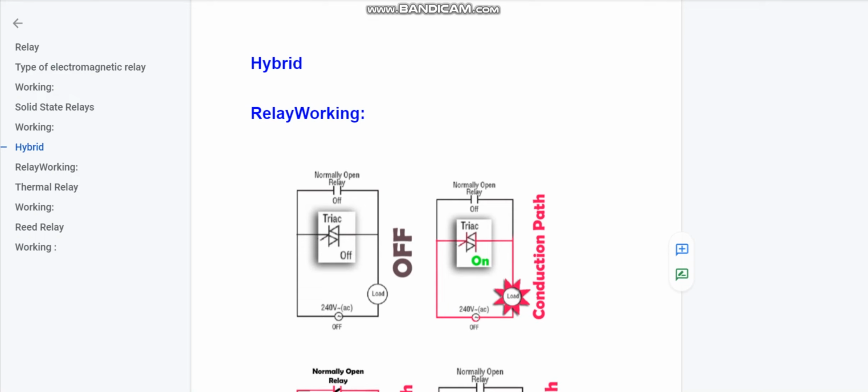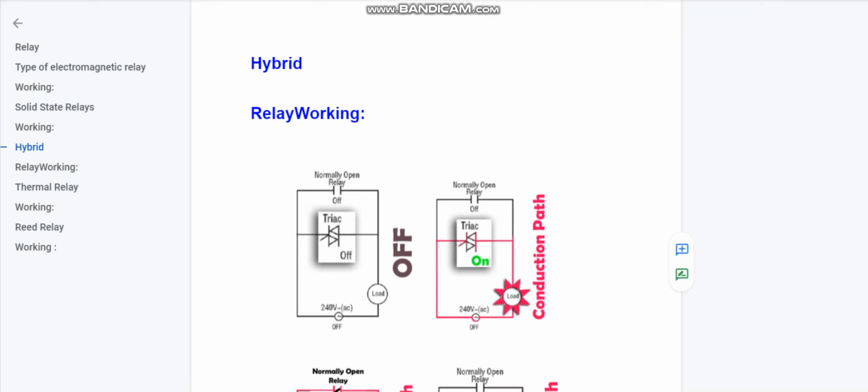But when we dig deeper, we come to know that electromechanical relays have poor reliability when it comes to arcing. So how can we use the electromechanical relay and solid state relay together to minimize both disadvantages?